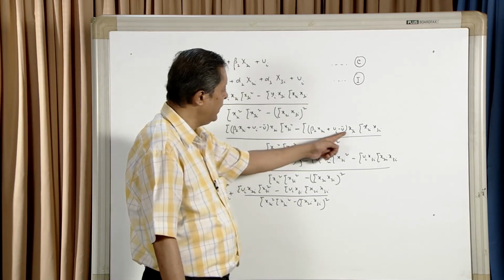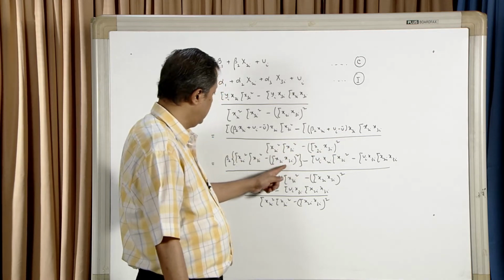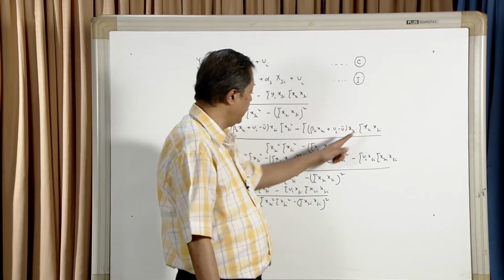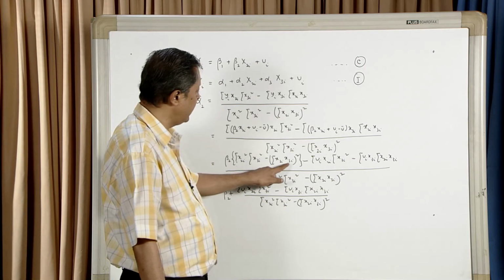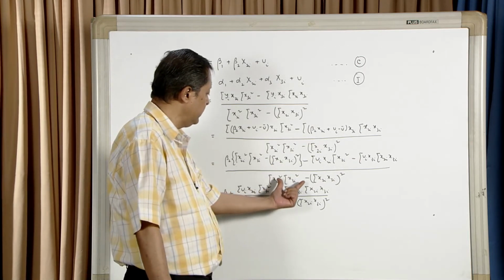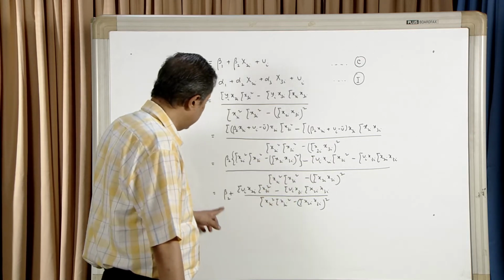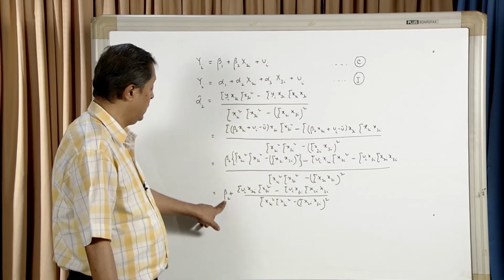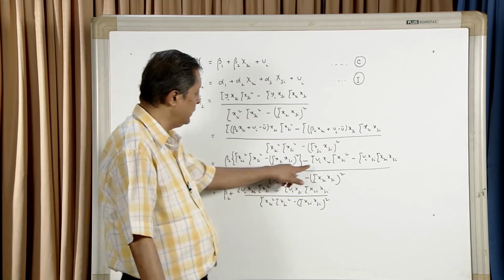So, x2i x3i the product, again x2i x3i the product. So, you have x2i x3i whole square, and this term within the second bracket is exactly the term in the denominator. So, these get cancelled out and we come out with beta 2 plus we have the terms with ui,